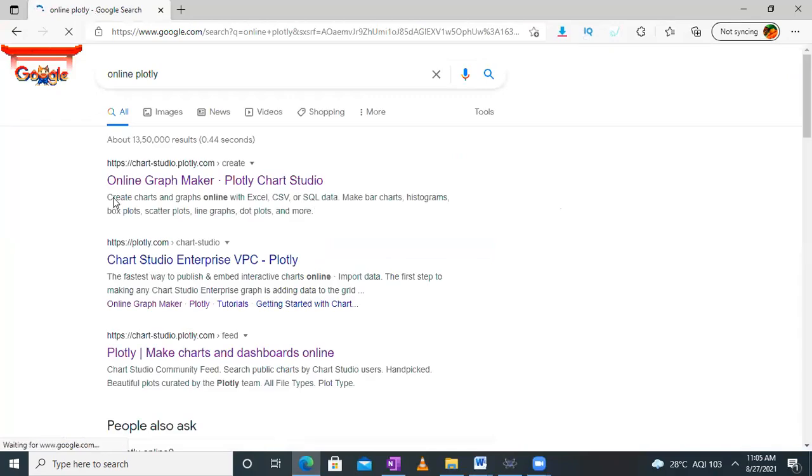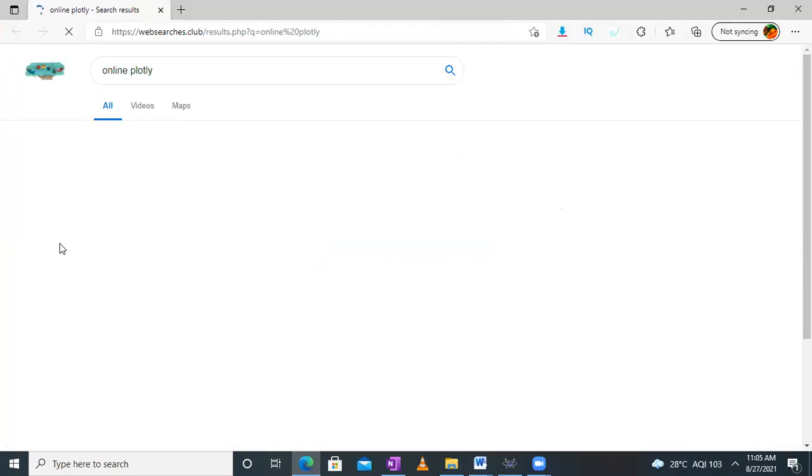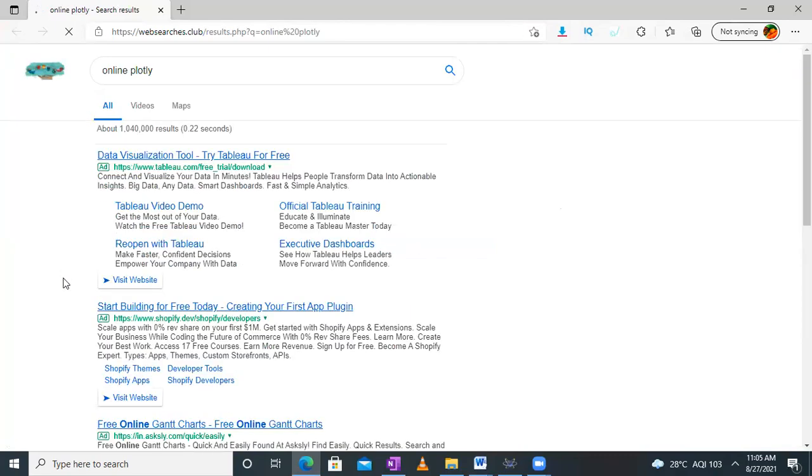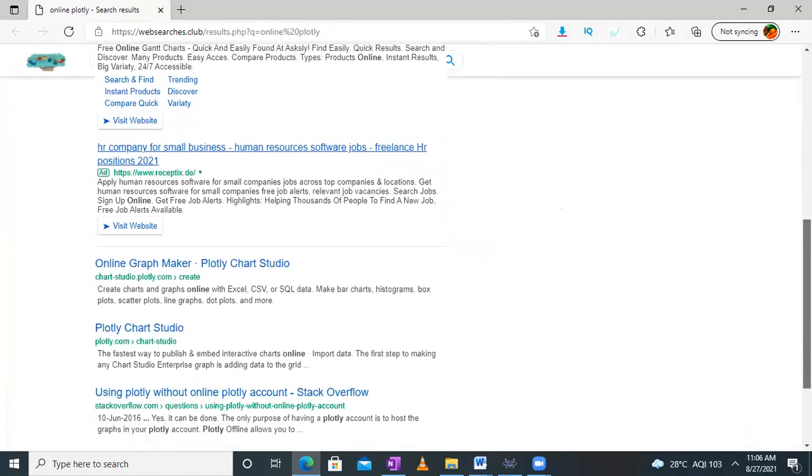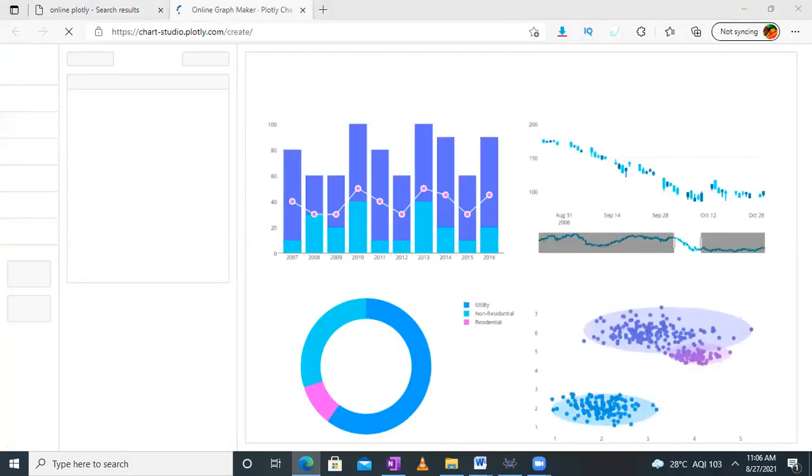So I've typed online plotly. So we'll go over here and check it out. Yeah, so we can select this online graph maker. So here we can enter the values, and then we can plot the frequency response. So it will take some time to load.